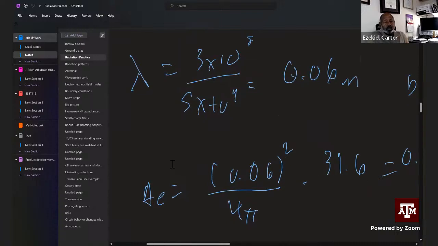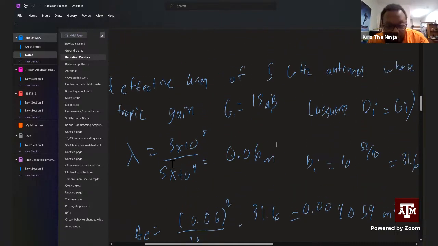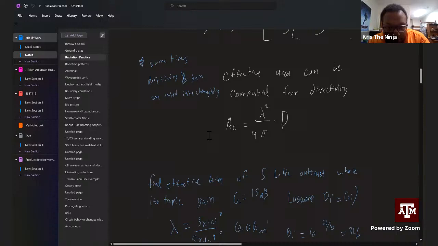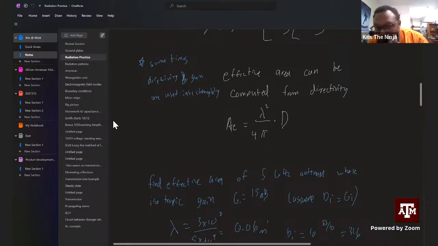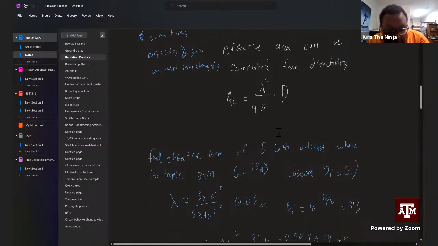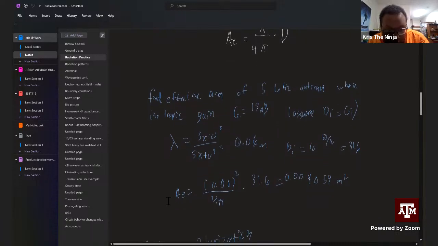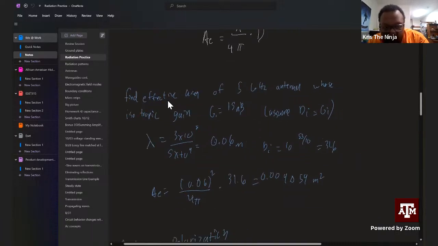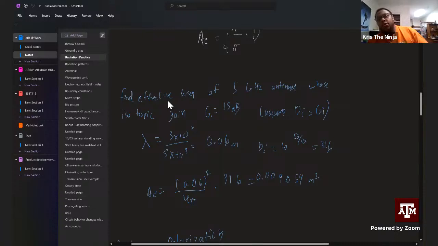Okay, so effective area. This is something that I should go over real quick. Okay. Let me see. So effective area can be computed from directivity. So you do lambda squared over 4 pi times directivity. So if we're finding the effective area of a 5 gigahertz antenna,